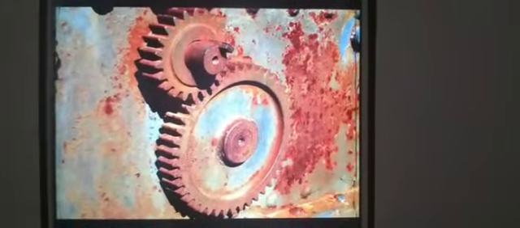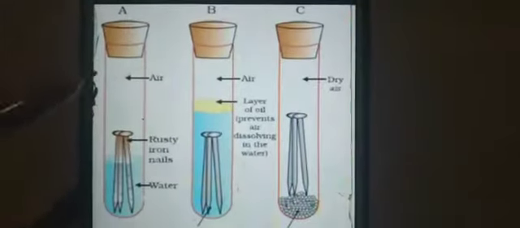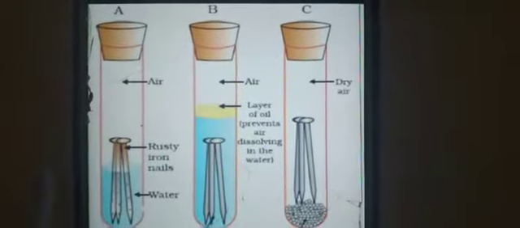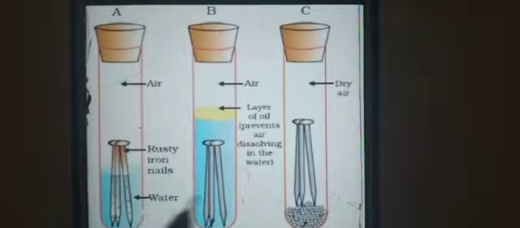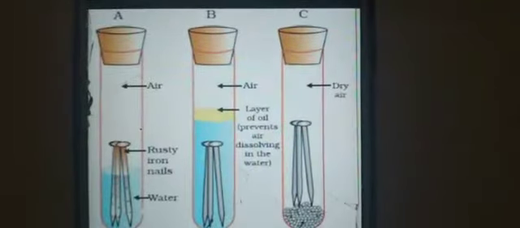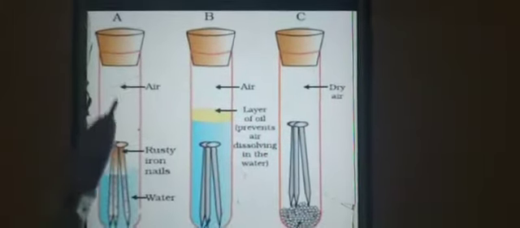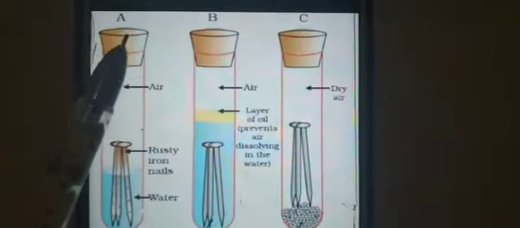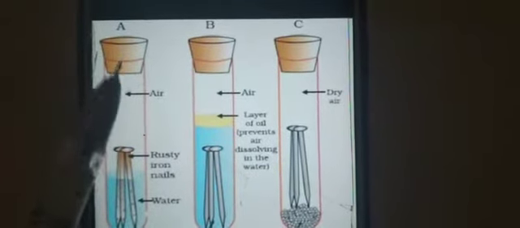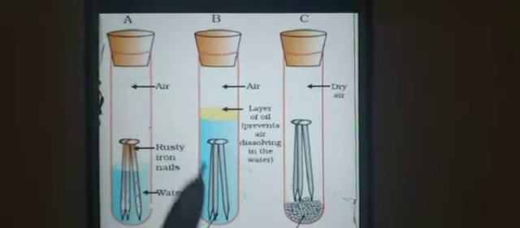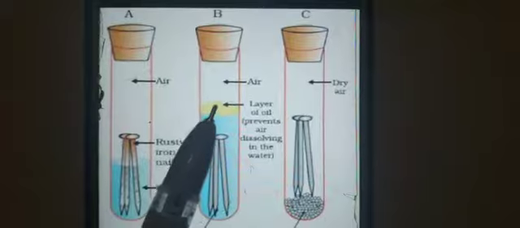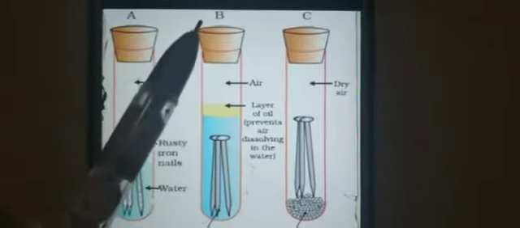Let us find out the conditions under which iron will rust. We'll see one experiment for this. Take 3 test tubes and place clean iron nails in each of them. Label them as test tubes A, B and C. Pour some water into test tube A and cork it. You have to place a cork at the mouth of the test tube to prevent the entry of air into the test tube. Pour boiled distilled water into test tube B, add 1 ml of oil and cork it.